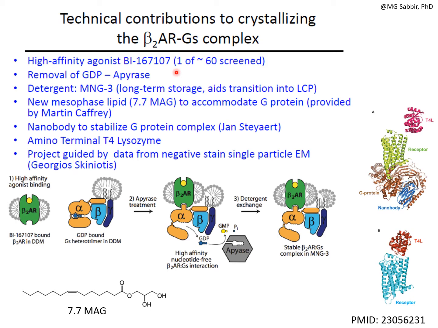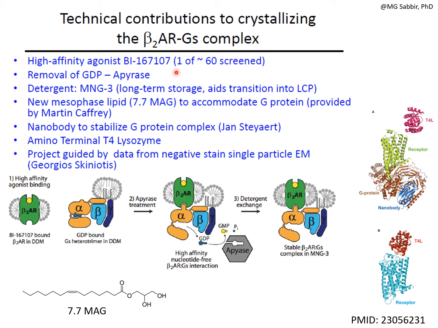Now, the main function of the detergents was to stabilize the beta-2 adrenergic receptor and GS complex during incorporation into the mesophasic lipid, which was used for crystallography. Now, in physics, a mesophase is a state of matter that is intermediate between liquid and solid. And biological structures such as lipid bilayers of cell membranes are examples of mesophase. And mesophase is very important for stabilization of membrane proteins, and that's why it is very useful